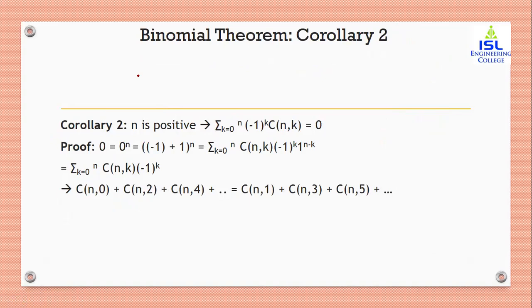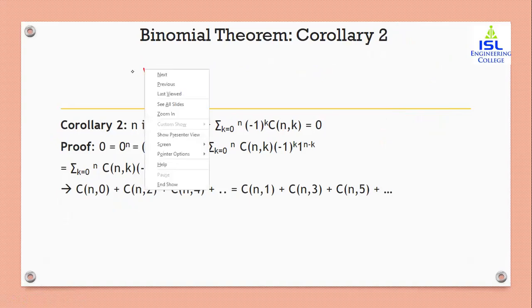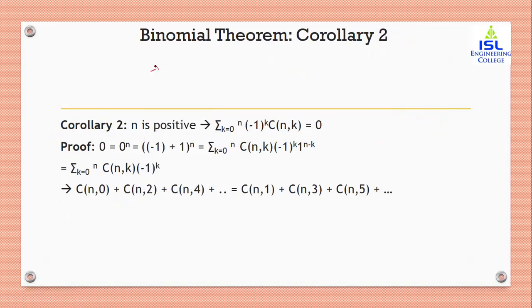Why are we saying that? Suppose if we have (1 minus x) square, then what is the expansion? It will be 1 minus 2x plus x square. This is the formula. Now if we add the coefficients, the coefficients of this are 1, minus 2 and then 1. This is equal to 0.